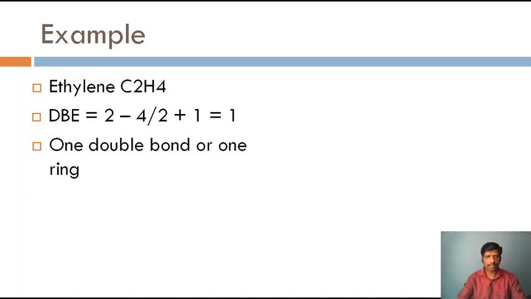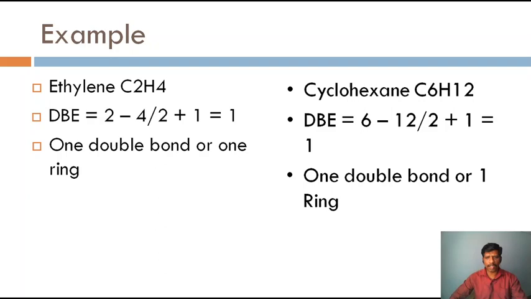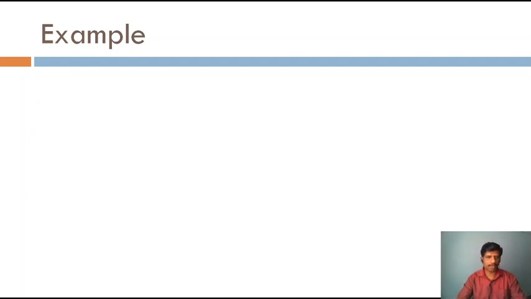Okay. But since we know the molecule, therefore we take it as a double bond. Right. Let us see another example of cyclohexane, where there is no double bond at all, that we know already. But if you work out the formula for the molecule, 6, where 12 by 2 is 6, 6 minus 6 cancel out, plus 1. You get 1, even though there is no double bond. That implicates the presence of a ring in the molecule. If there is no double bond, the value may also be for a ring, right? This is how we calculate.